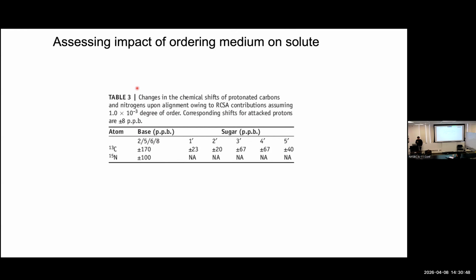Now you might say, oh, that's great, why don't we measure our CSAs? Yes, you can measure them. They're smaller than RDCs, but they also depend on the CSA tensor. So the beauty of dipole couplings is they're like bread and butter. All you need to analyze a one-bond dipole coupling is the bond length, and then you go home and do all the structural analysis with that. But if you're going to measure RCSA, what do you need to know to interpret that RCSA? You need to know the second rank CSA tensor,